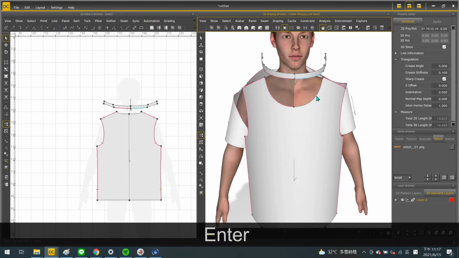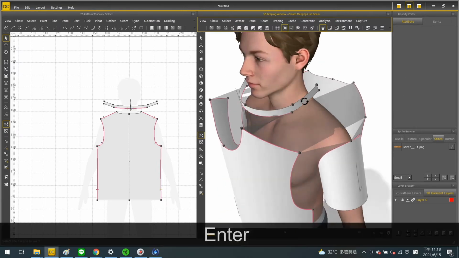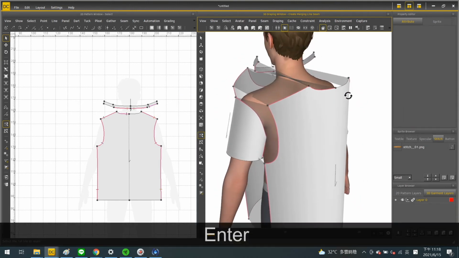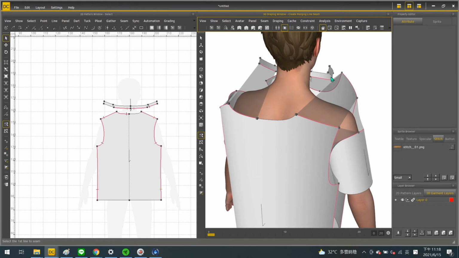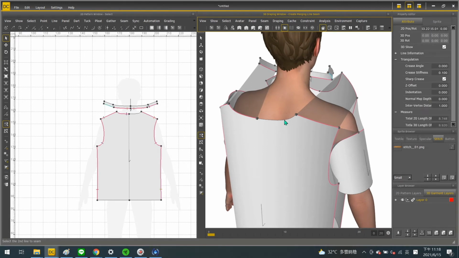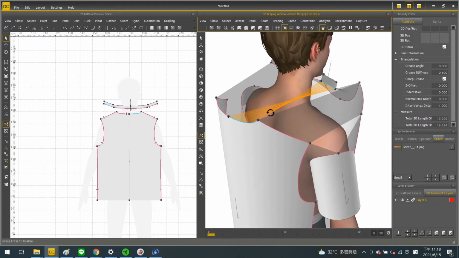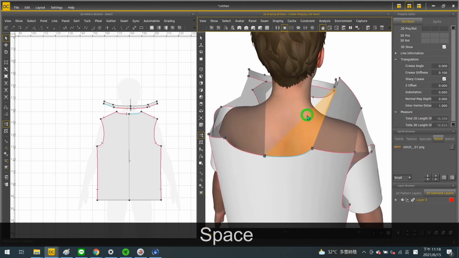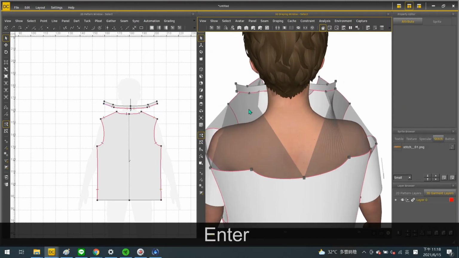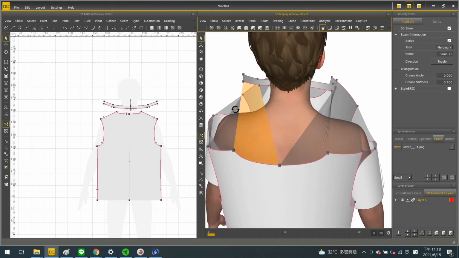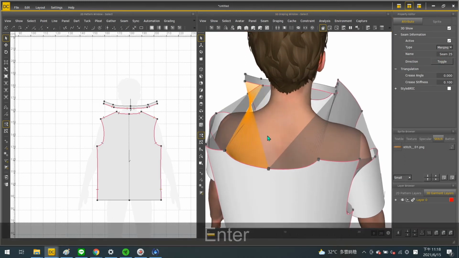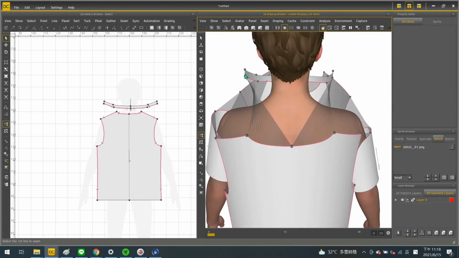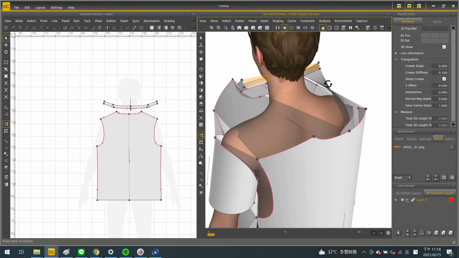The collar is a tricky part when we do seam, usually because it goes around the neck. For example, with the back collar, we need to be careful with the direction of its starting point and end point. So here, if the center back point is sewn together, the seam surface needs to look a little bit twisted. By selecting the seam surface, you can go to the attribute window to fix the direction of it.